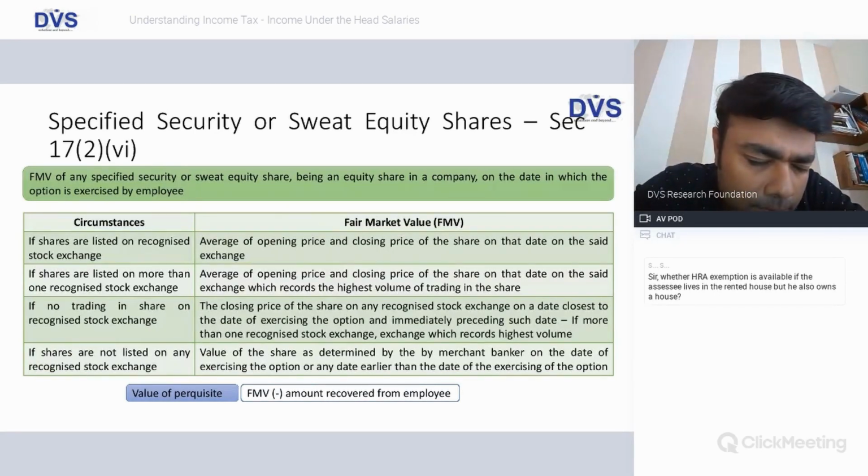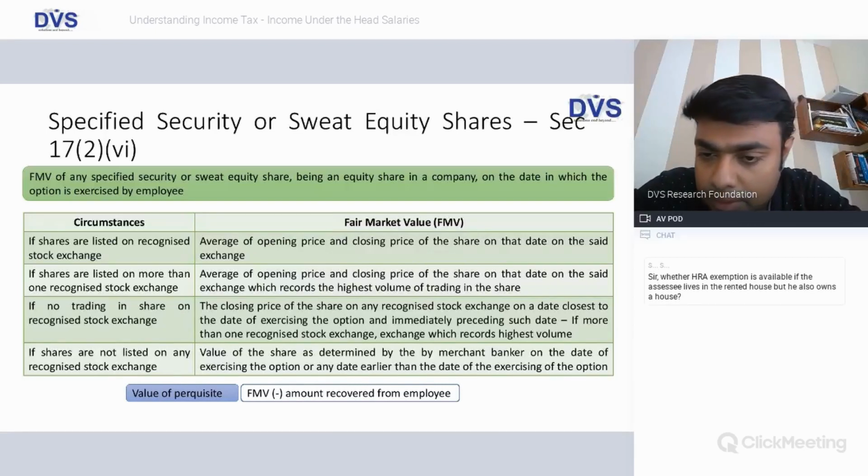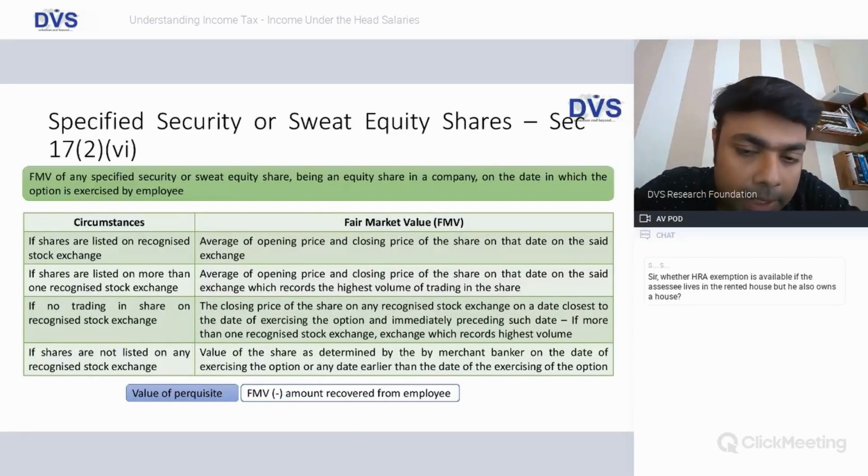Now, when we get into capital gains, we'll understand ESOP technically has three events: vesting, the vesting date, the exercise date, and the sale date. So the sale is relevant only for capital gain, so we're not going to spend time on that. So vesting date. So what is vesting?